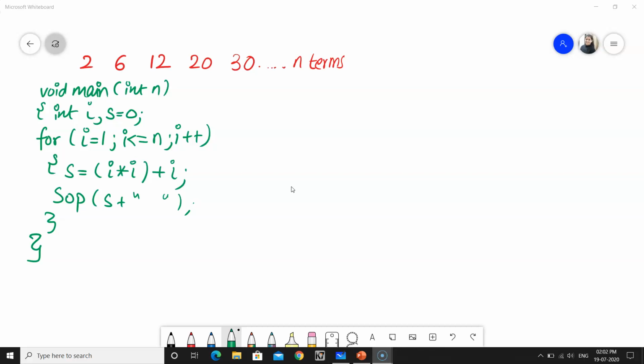The topic for today is to print this series, that is 2, 6, 12, 20, 30. So you must know the basic logic behind this program, and the basic logic is we will be making sure that we know how to calculate the square and add the number itself that we are using. Just see this. This is the main line of code behind it.